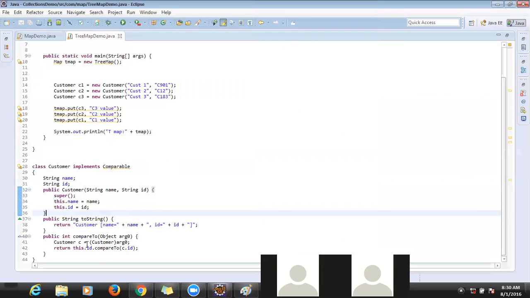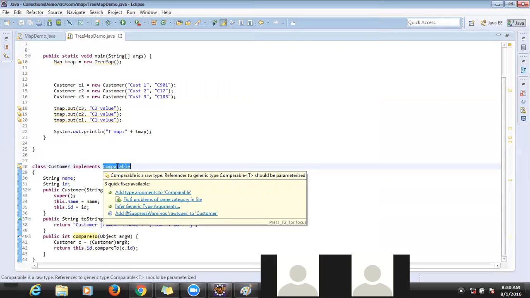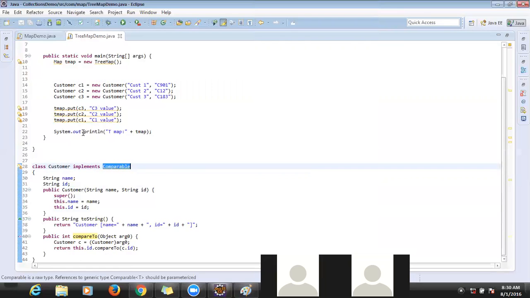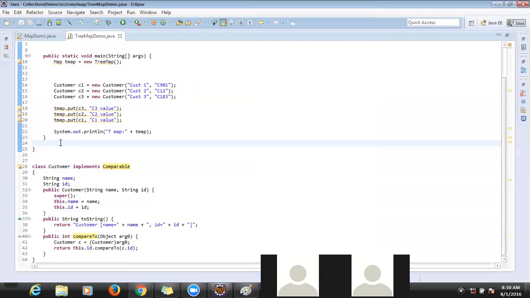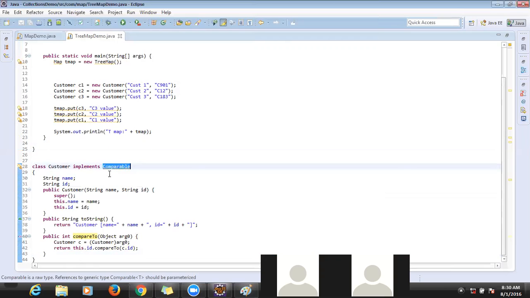So this is the main purpose of the Comparable interface. Got it. So whenever you are adding a key as a customer object, like a customized object as part of a unique collection, at that time you have to override the hashCode and equals methods. And whenever you are trying to sort the customized object, then we have to implement the Comparable interface and override the compareTo method. Got it. So this is the advantage of the Comparable interface. Okay, now the elements are sorted in ascending order, right? So now if you want to sort in descending order, you have to put a minus here.